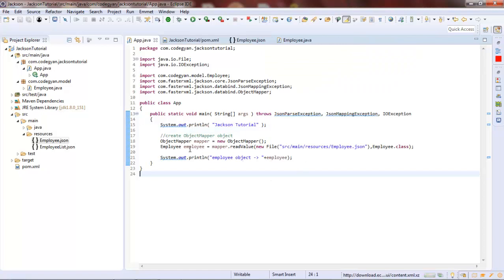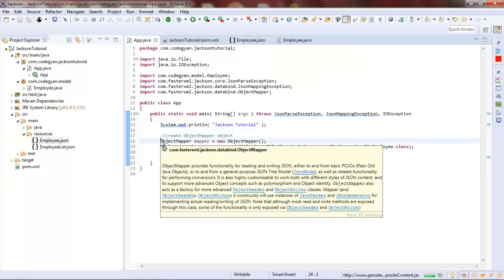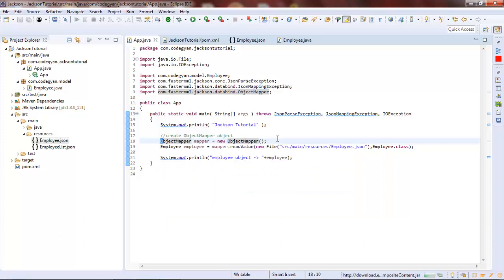This is how we can convert the JSON string into the Java object. In my example, I have read this JSON string from the external file. We can also have the same JSON string coming into our code as an input. What we have to do is just replace this part with the variable name in which that JSON string will be saved.